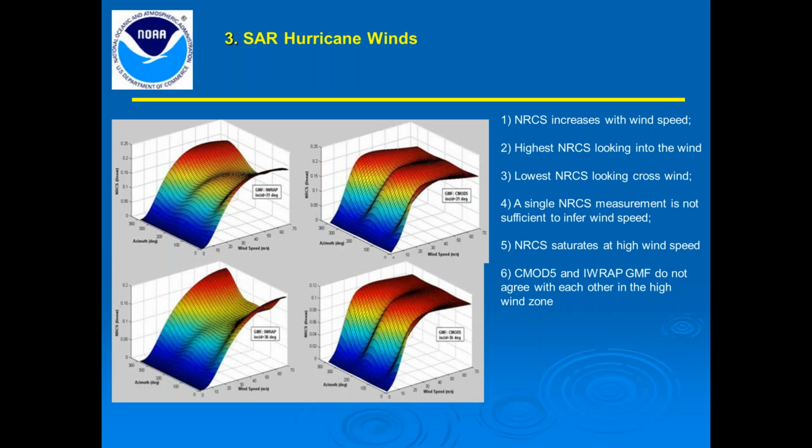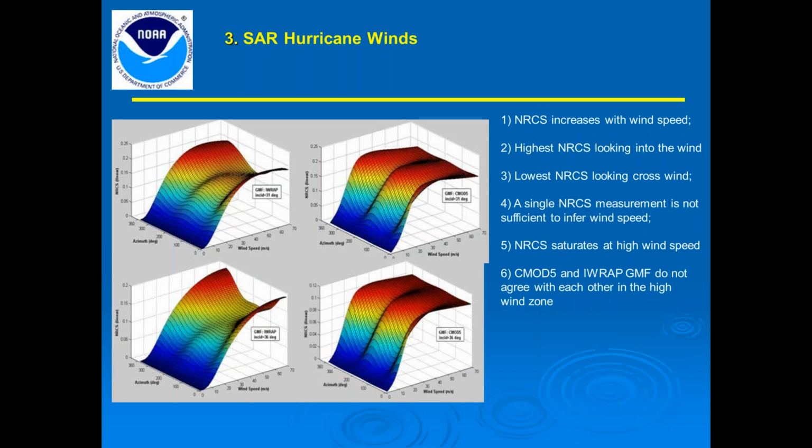Okay, so here is the reason why we can measure the ocean surface wind. This is what we call a geophysical model we used. On one axis is the backscattering signal energy we received from the ocean surface, and the other two axes are the look direction and the wind speed. So this is the model we build between the wind speed, wind direction, and backscattering